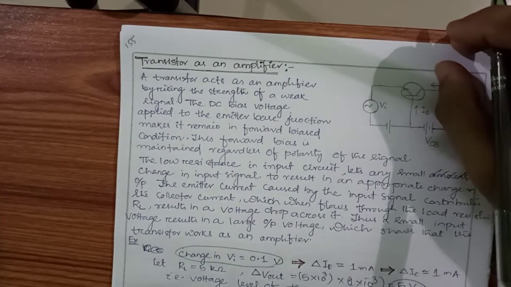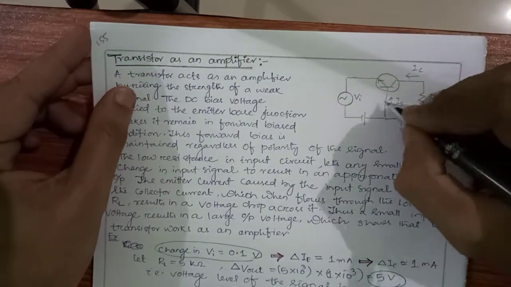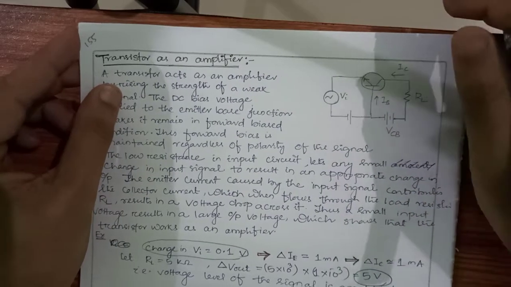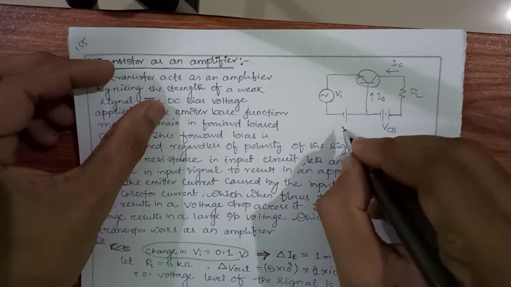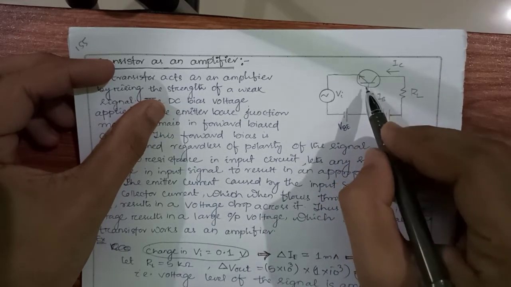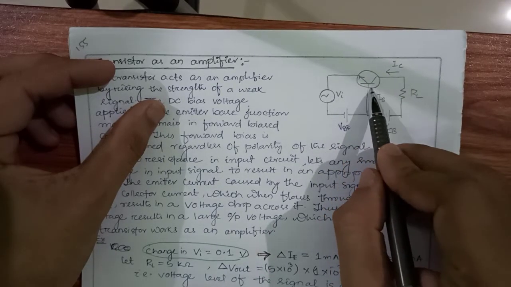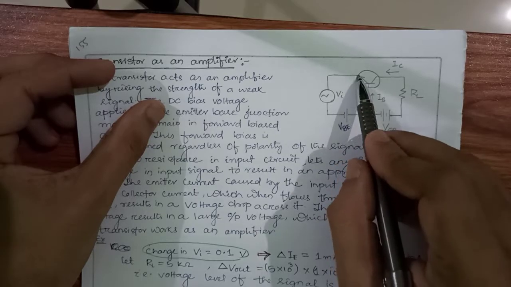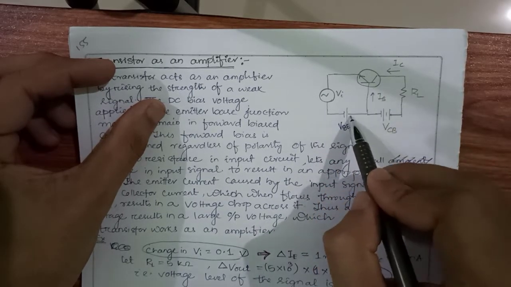output side. So let's see one example of how our BJT, bipolar junction transistor, can act as an amplifier. Here you see this is a DC voltage, that is VBE, applied across the base emitter junction, and this is an NPN transistor. NPN, not pointing in, means pointing out. So the N side is connected to the negative terminal of the battery, and the P side to the positive terminal.